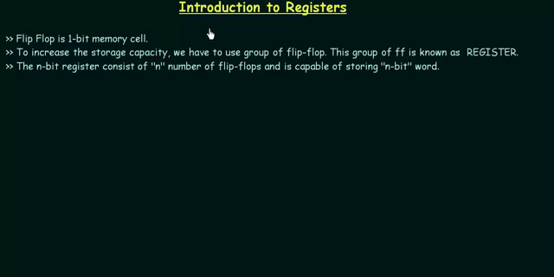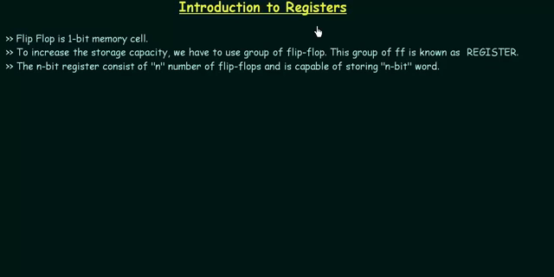From this presentation we will start the registers, and as you are in registers you must have studied the flip-flops. So what is flip-flop and for what purpose it is used? If you remember the difference between the combinational and the sequential circuits, you know that there is a difference of the memory block. We have memory block and feedback in case of sequential, whereas no memory block and feedback in case of combinational. So the first problem was to design this memory block, and if we can store a single